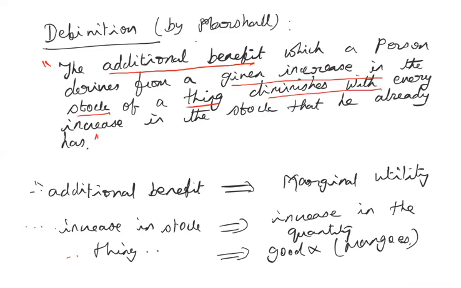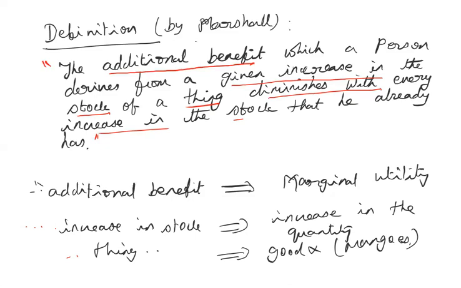So it diminishes with every increase in the stock. That additional benefit keeps on decreasing with every increase in the stock, with every additional unit of consumption. So if the consumer keeps on increasing the consumption of any one particular commodity, that additional utility will keep on decreasing. So this is what Marshall is trying to prove with the help of a table and